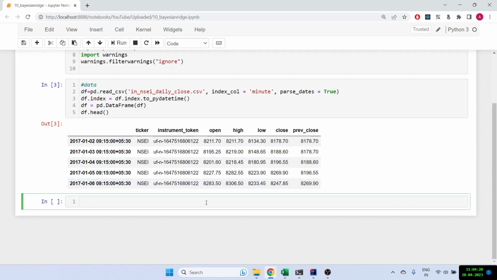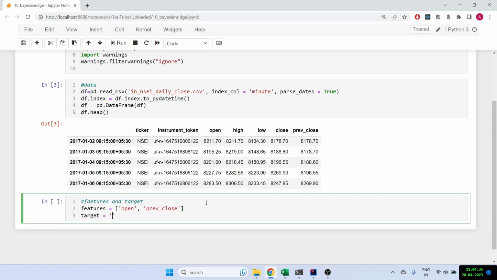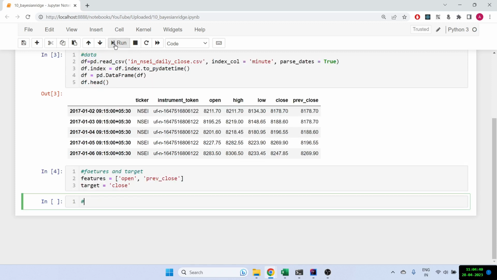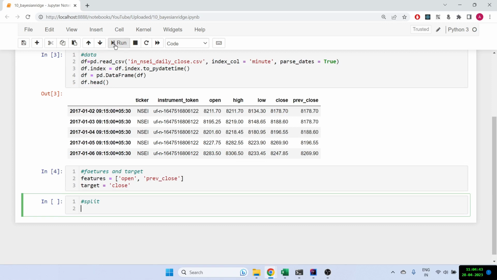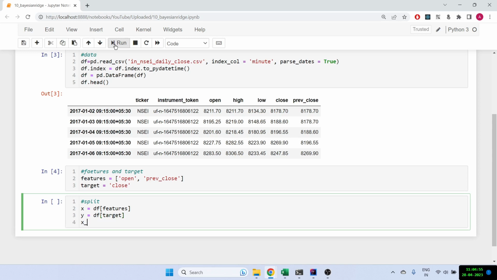So let's now define what is going to be our features and what is going to be the target. I want the features to be the open price and the previous close, and we're trying to use these two data points to predict the target, which is the closing price. Let's also split the data into testing and training. So X is equal to df, which is features, and Y is the target. Let's make X train, X test, Y train, Y test,